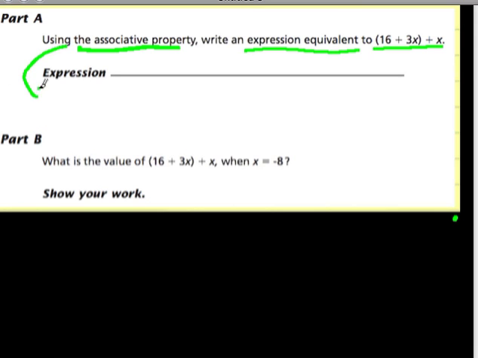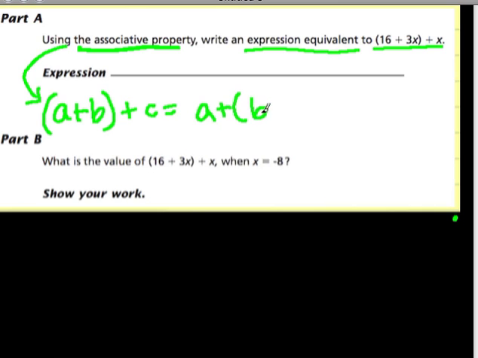What's the associative property tell us? It tells us we can do this: a plus b in parentheses plus c. Well, that means we could add a and b first and then add that sum to c. Or we could take a and add it to the sum of b and c. So that means you would do b and c first, add them up, find the sum, and then add a. The associative property tells us that if we add up this way, and we're only adding or multiplying, our